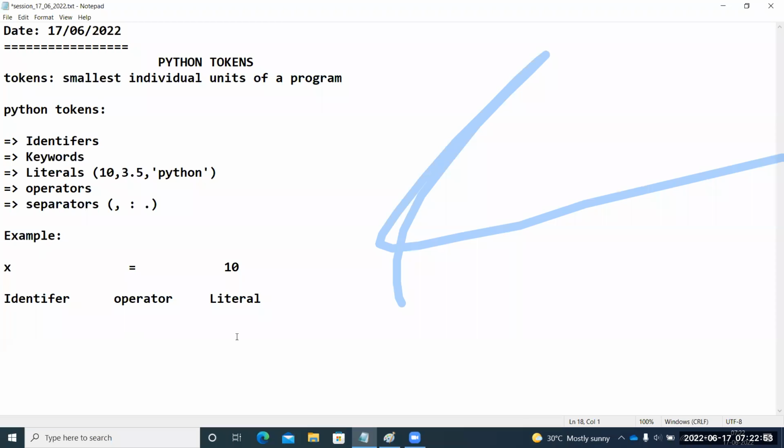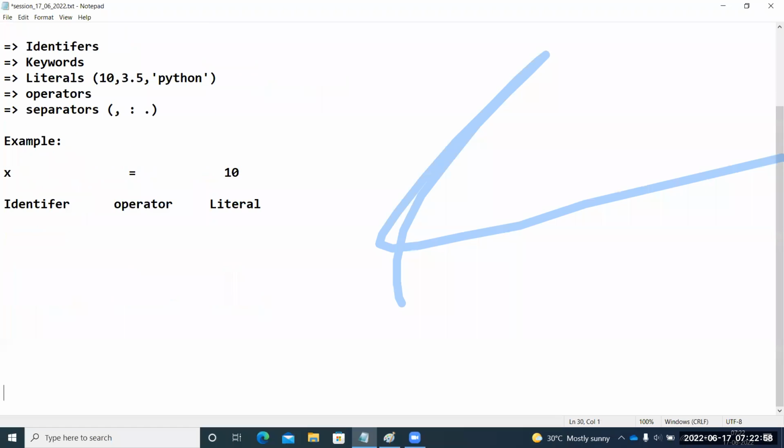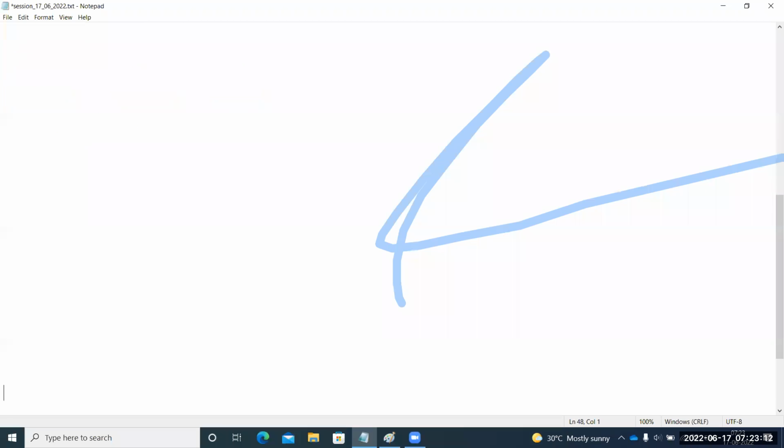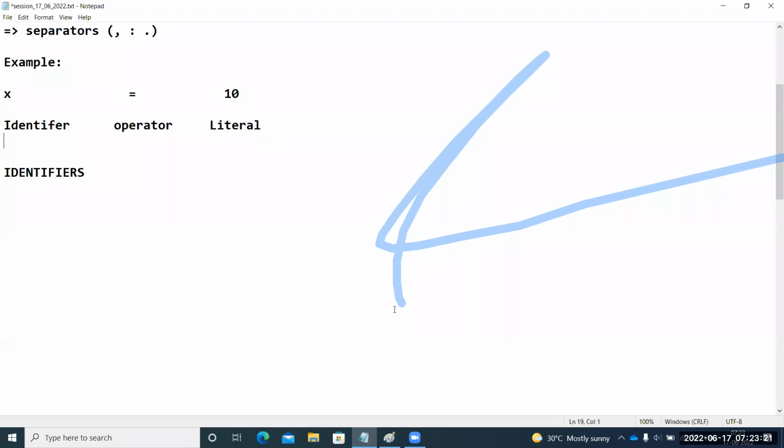Now, what is the first token in Python language, guys? First one. First token is your identifiers. Let us begin our discussion with identifiers. Right? Identifiers in Python. So in any programming language, the rules are almost all same. But here, there are some rules that are different, guys. That I will discuss, every key point. I'm not going to discuss very simple and generic things. Technical aspects I will cover, right?